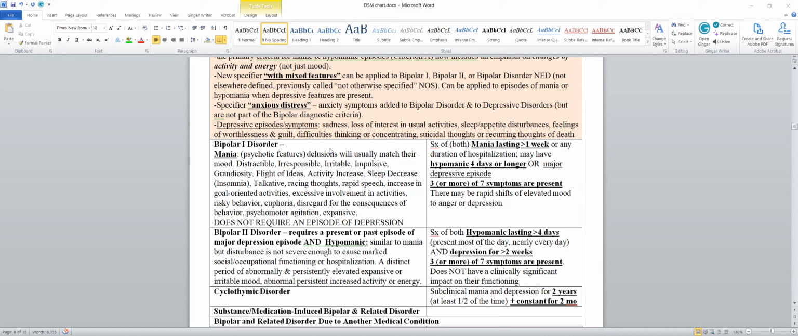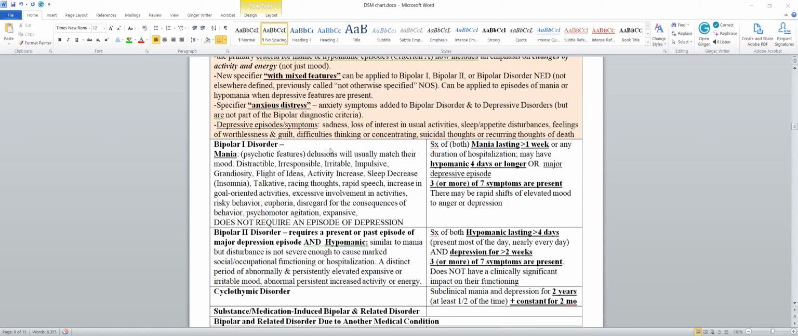Hypomania is similar to mania, but the disturbances are not severe enough to cause marked social or occupational impairment or hospitalization. It is a distinct period of abnormally and persistently elevated, expansive, or irritable mood, with abnormal, persistent, increased activity or energy. So the diagnostic criteria for bipolar 2 disorder require a present or past episode of major depression and